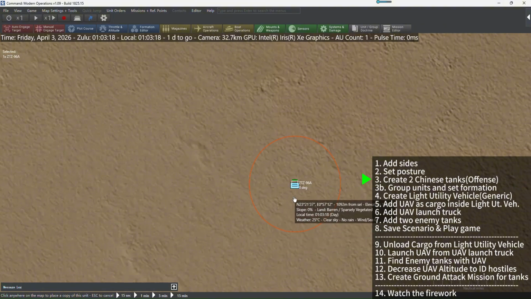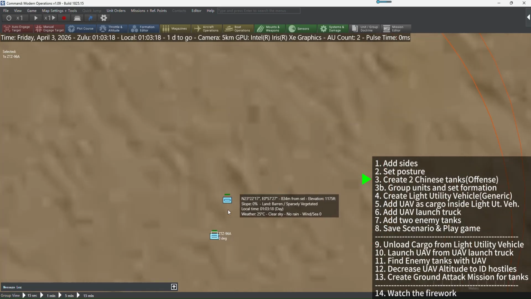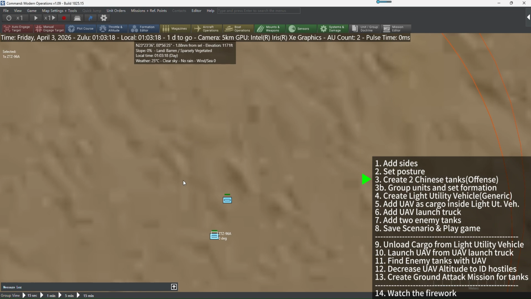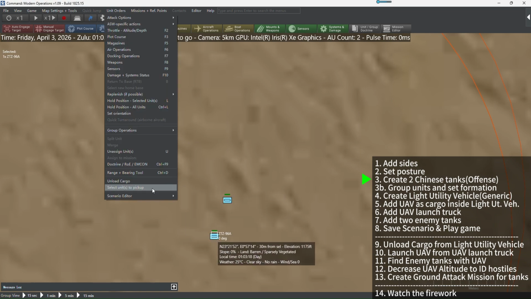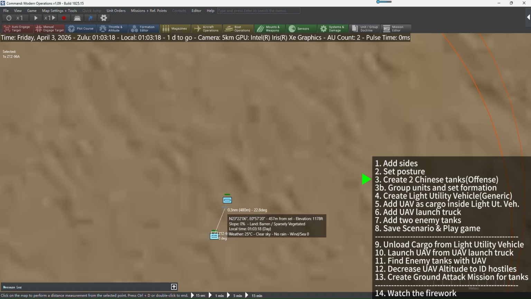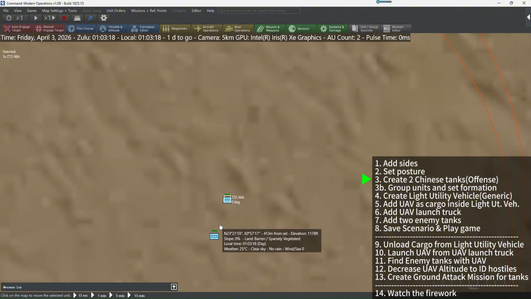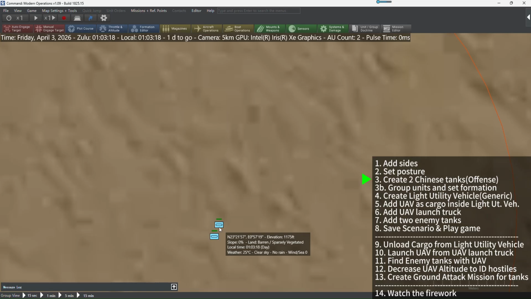I'll keep it as close to the previous one as possible, and you can use right click and the range bearing tool, click on the unit and drag around to see how far you are from your other unit. Move it over here. Okay, move it closer,